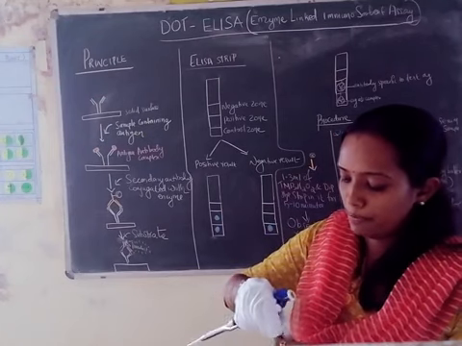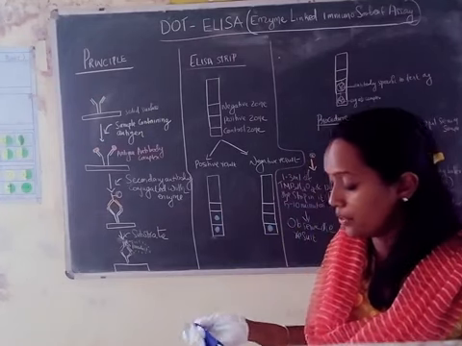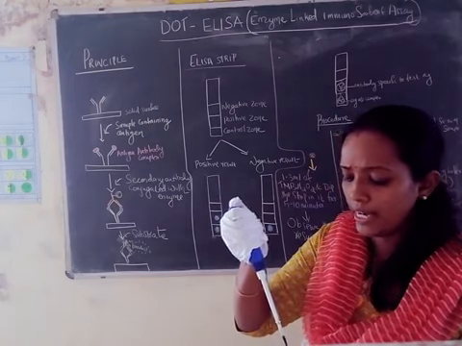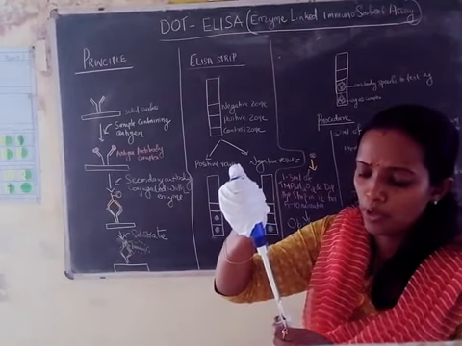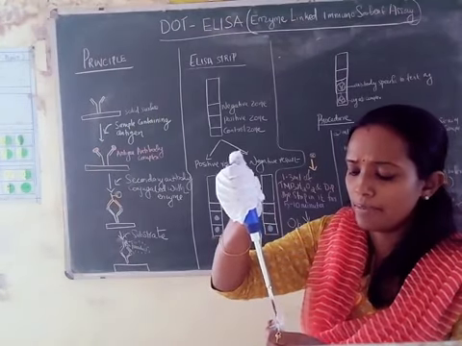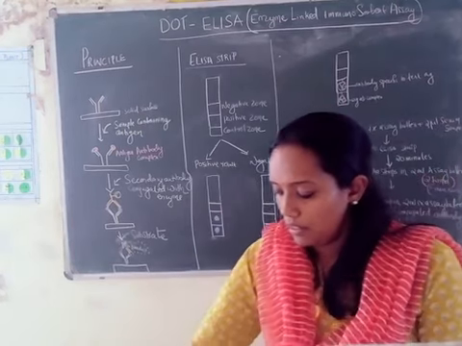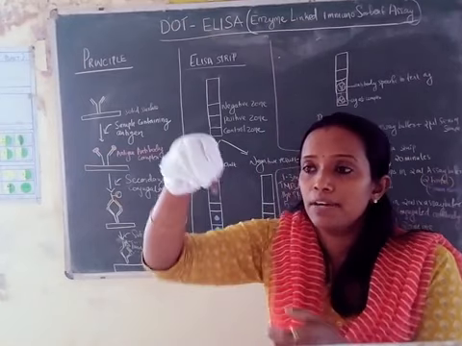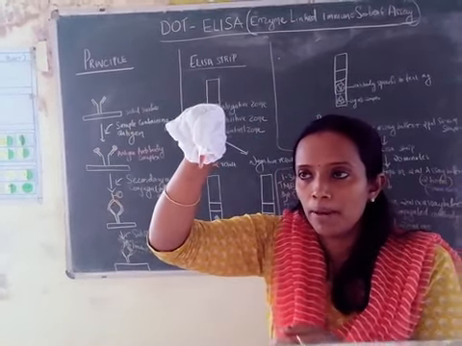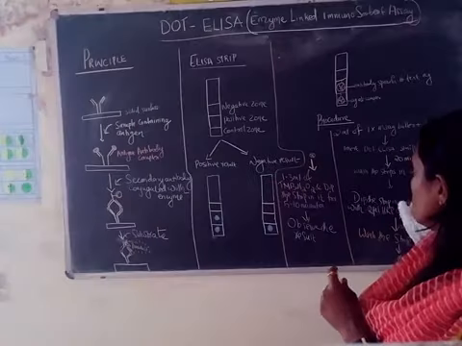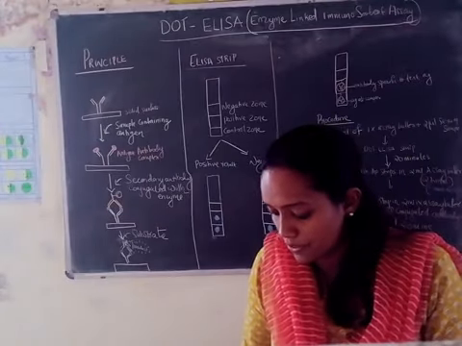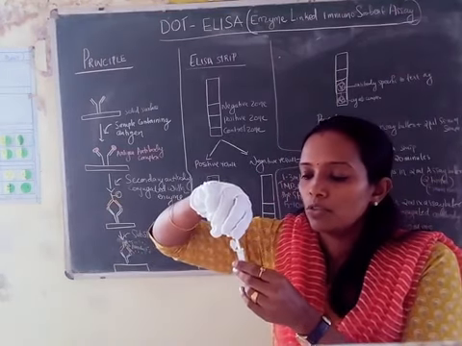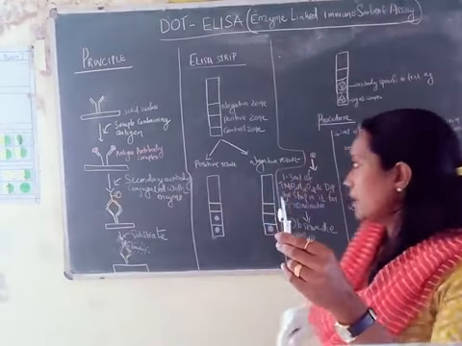In the first step, what are we doing? We are taking the sample which has the antigen, and putting it into the 2 ml of 1x assay buffer and mixing it well. Now you can see your sample is ready for your test, the serum sample mixed with the 1x assay buffer. Once it is ready, you have to carefully take the ELISA strip and dip it into the sample. That is the first step.